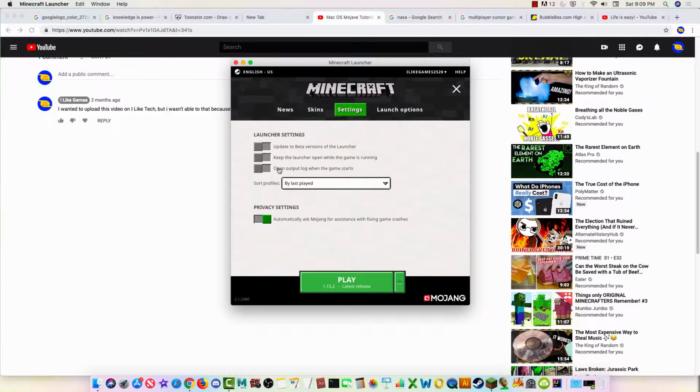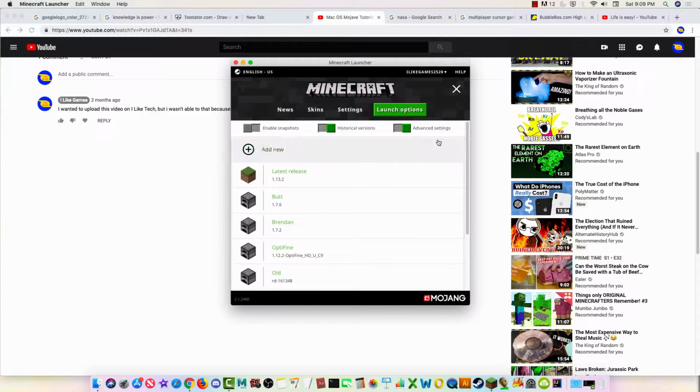Sorry, I need to process that. I guess it's like a log that outputs what you do, tells what you do. And then you sort profiles by last played or name. Privacy settings: automatically ask Mojang for assistance with fixing game crashes, so I guess you can do that. Launch options are basically options for